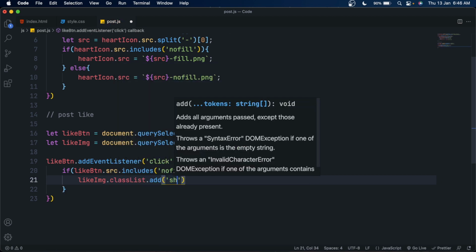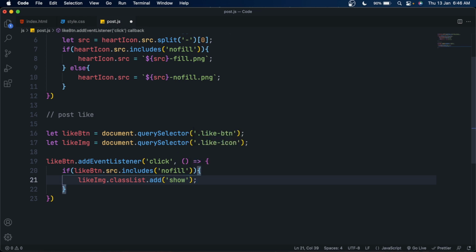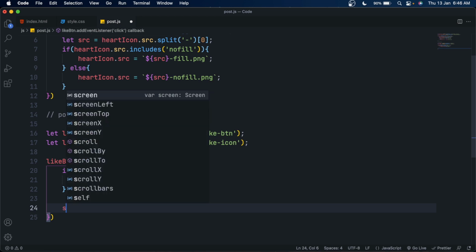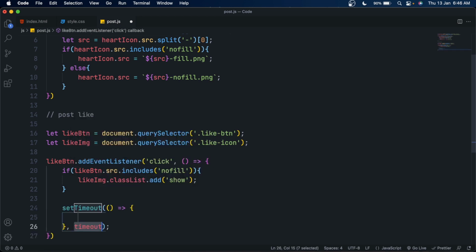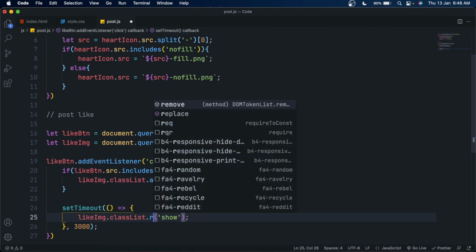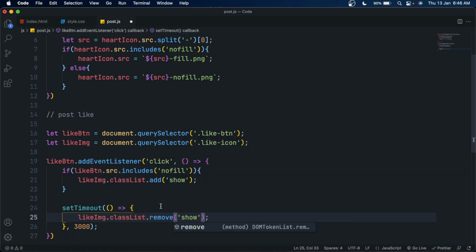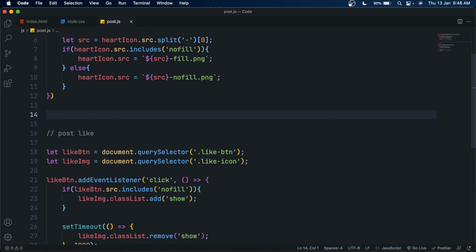So this condition is checking if the post is liked yet or not. So if the post is not liked, add the show class to the like image using classList.add, and after the condition use the setTimeout method to remove the show class after 3000 milliseconds, or 3 seconds, because 2 seconds is the animation length. Yeah, so just remove the show class from the like image after 3 seconds.